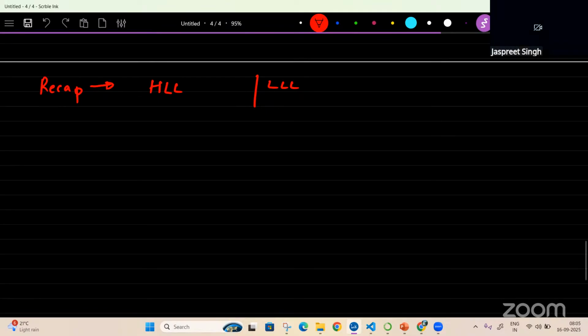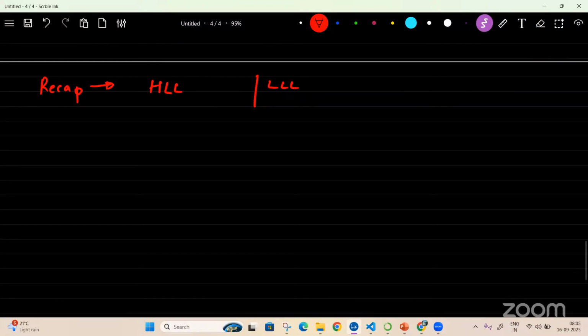Low level language is a kind of binary language, which only systems or computers can understand, but humans cannot understand.